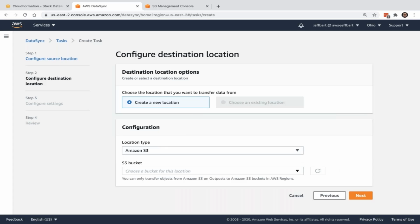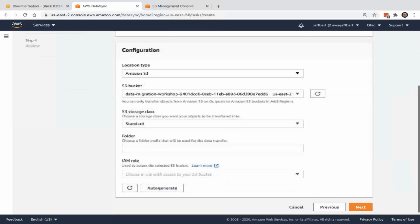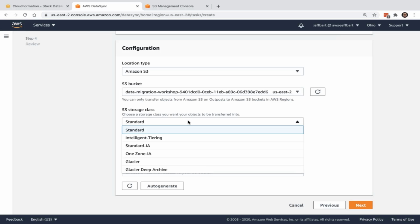So I'm going to select S3 as my destination. I'm going to select the bucket that I want to use, which is this one here. And then I can specify which storage class that I want DataSync to copy my data into. If you remember earlier, I mentioned that DataSync can copy directly into any storage class, including Glacier or Glacier Deep